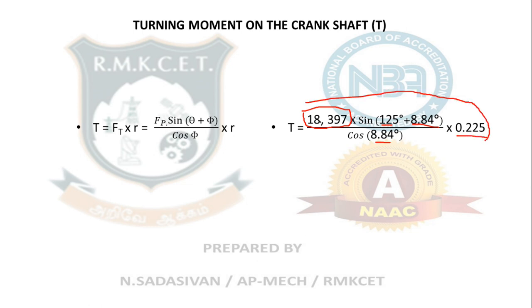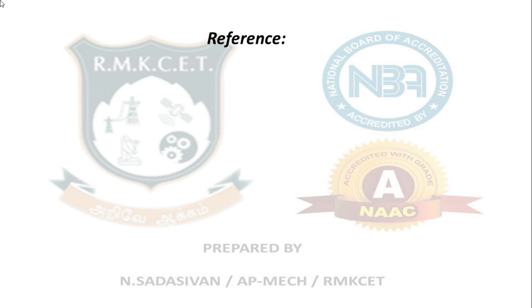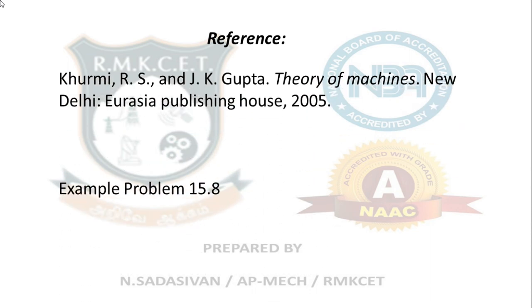Substitute all the numbers and do the calculation. Try to find out what is the numerical answer for this. Use your calculator and calculate it. Please be careful when you are putting this bracket. If you forget to put the bracket, this calculator will do sin 125 and add 8.84 to the answer. It is not correct. So be careful when you are putting the bracket for both the angles. If possible, you add these two numbers and substitute the theta inside as a single number. So it should be 133.84. If you straight away put 133.84, it is much better, unless you are doing the brackets very perfectly. So now the answer is torque is equal to 3021.6 Newton meter. So that is the answer we are required to find out. That's all. This problem is taken from your Kurmi book, example problem 15.8.